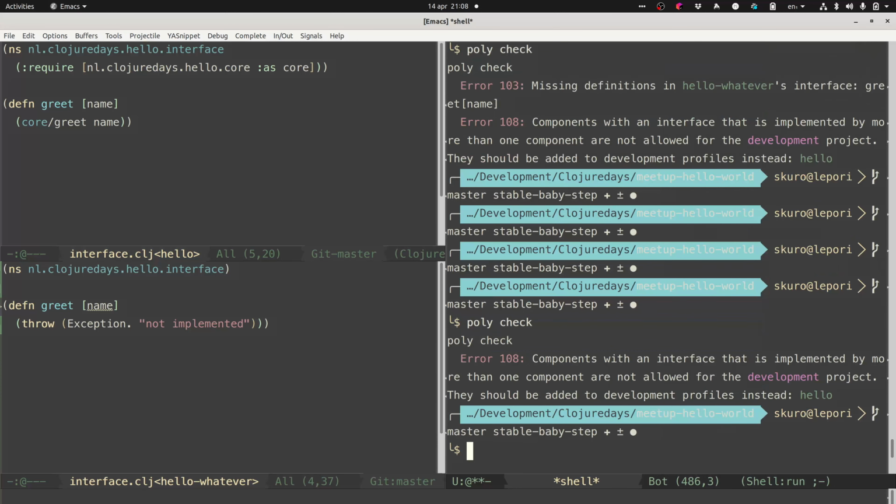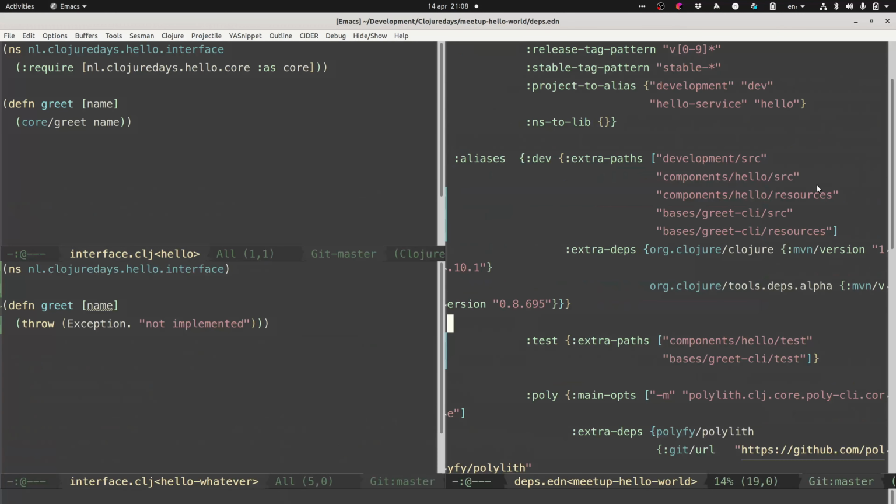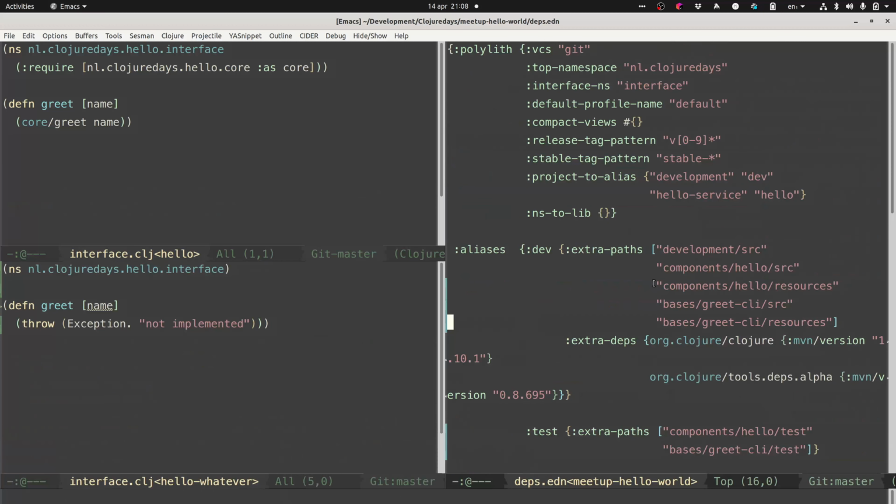Yeah, and now what it is complaining about is that we have two components, hello and hello whatever. They implemented the same interface, and they should not be part of the development project. So what we did here is that in the development project I'm adding the component hello, but Poly